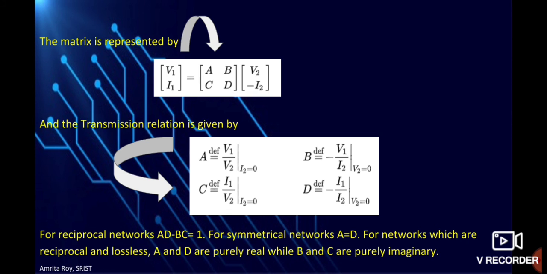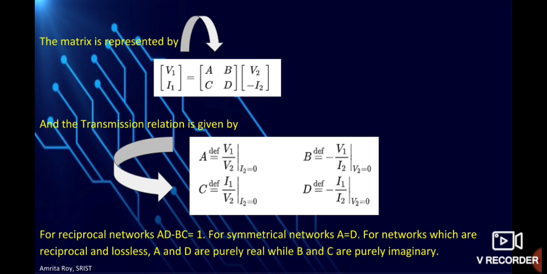If we notice the diagram of ABCD parameters, the direction of current was outward at port 2. But in the previous cases for Z and Y parameters, at port 2 the direction of currents was entering port 2. But in case of ABCD parameters, it is outgoing. Okay, so now if you want to represent it in a default format, we must denote it with a negative sign, as it is a representative of minus I2. That is, it is representing that the current is entering the port instead of outgoing.